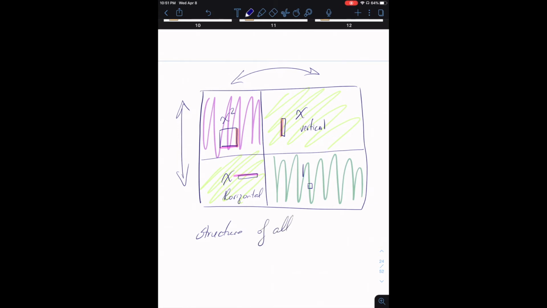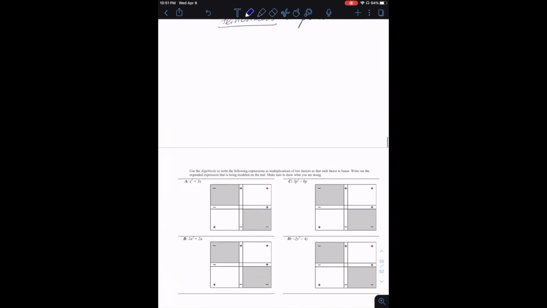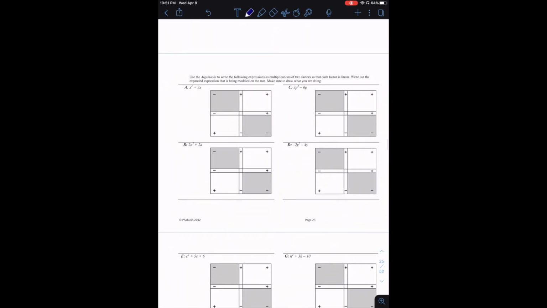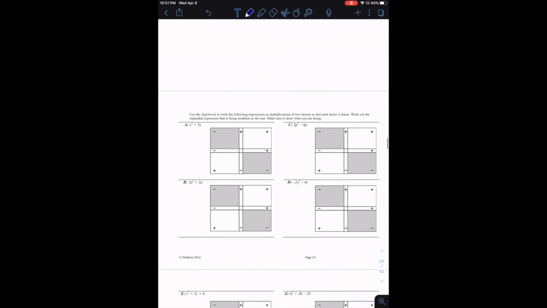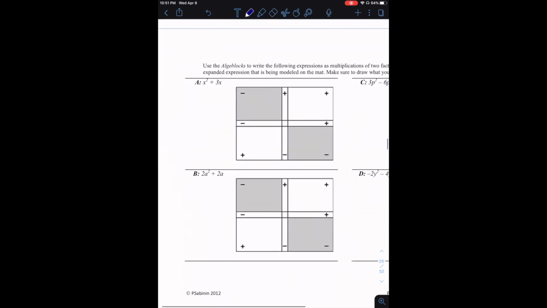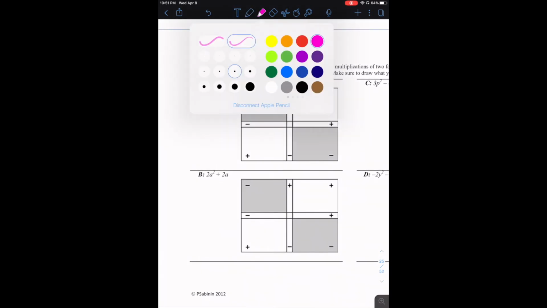So it kind of makes sense that this is what the structure of all quadratic trinomials will look like as products. So let's go take a look at some examples and see if we can use them. Now, are these quadratic trinomials? Well, here we're actually missing